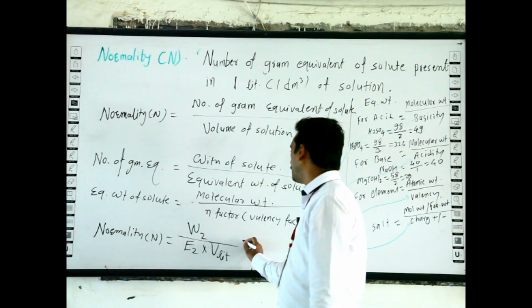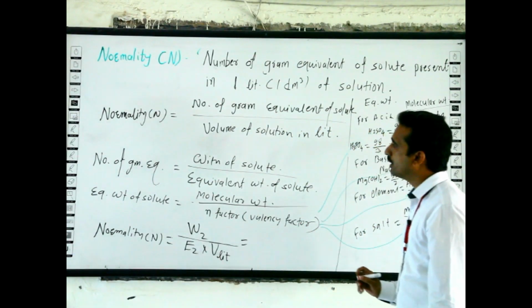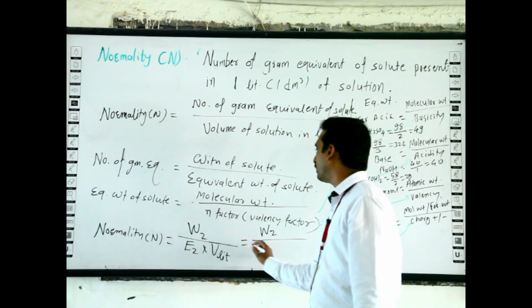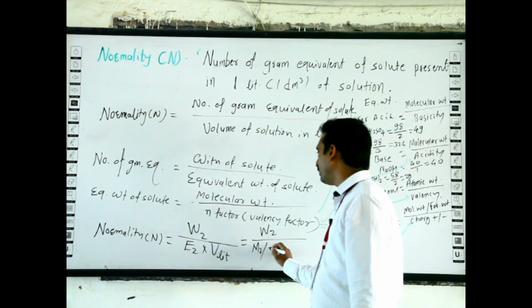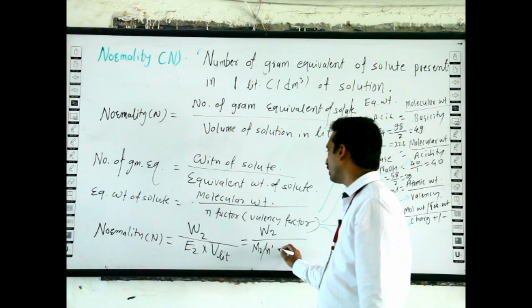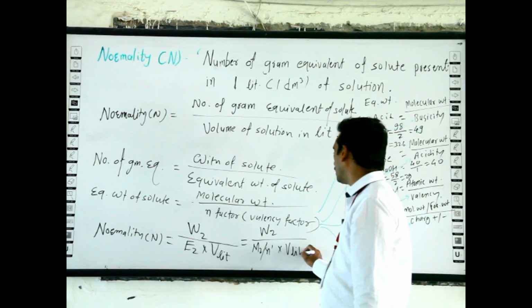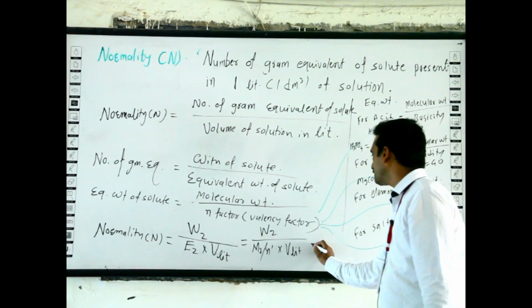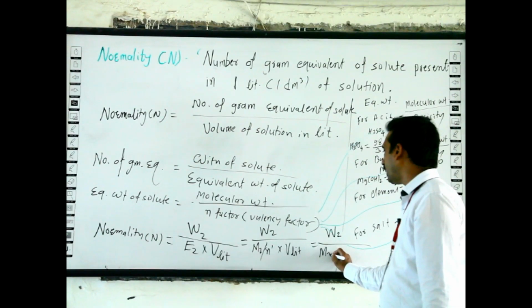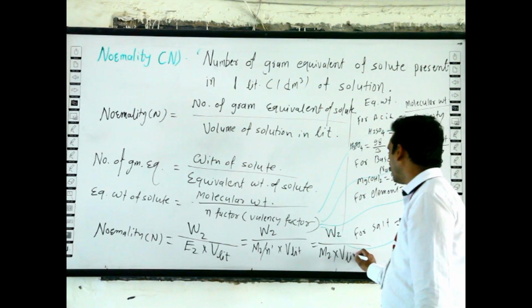Here E2 will be written as M2 by N factor, so W2 divided by M2 by N factor into V liter, and is equal to W2 divided by M2 into V liter